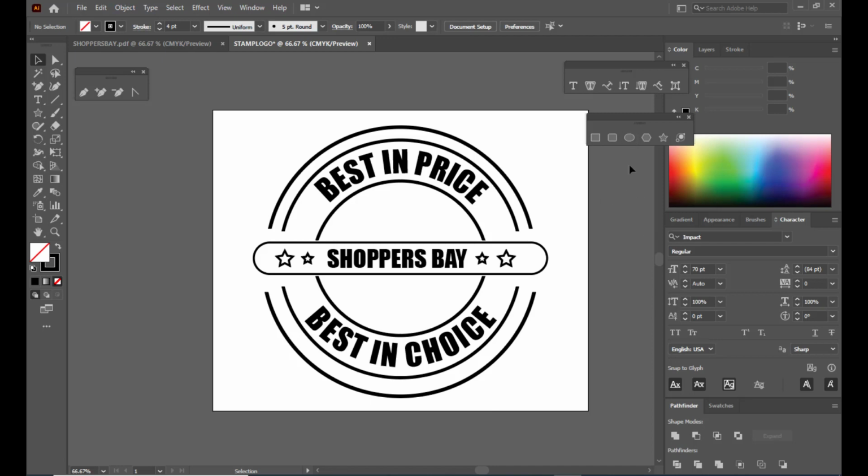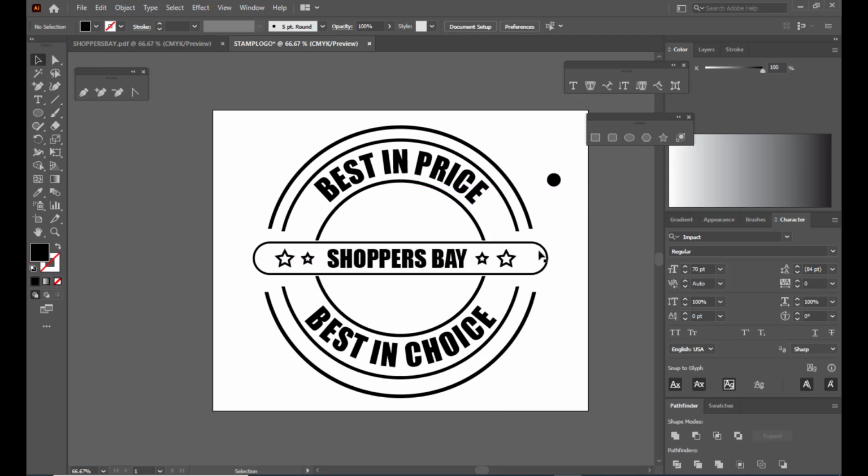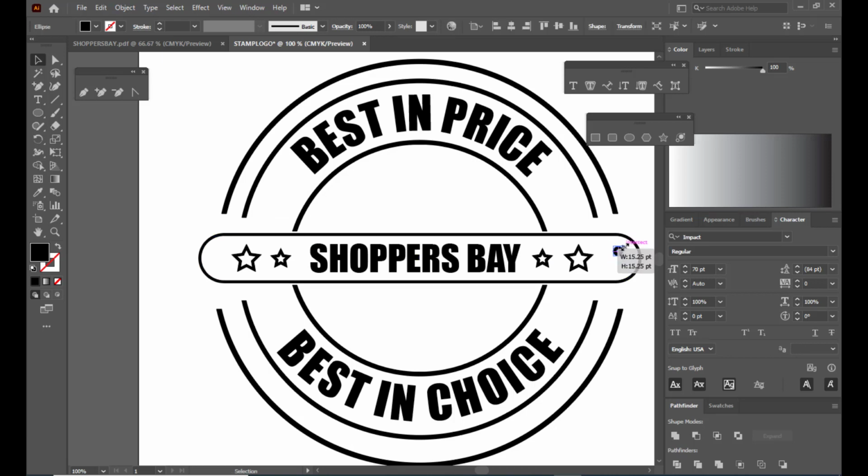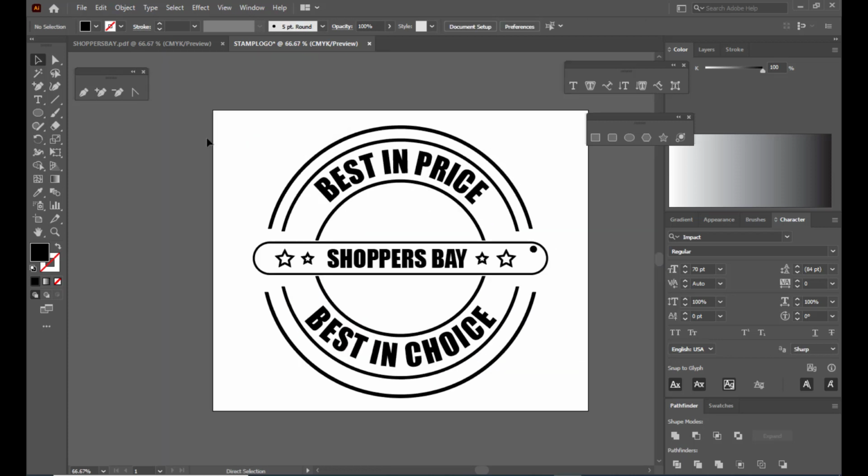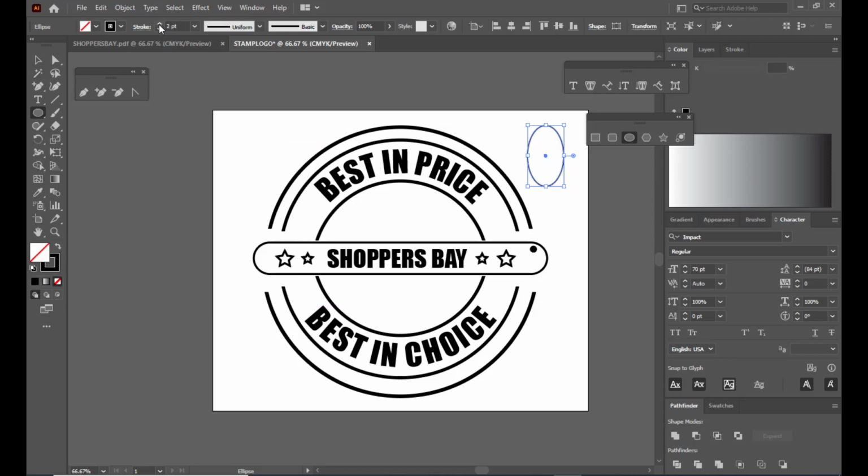So the next step we'll do is we'll just create a price tag thread. So for that, what we'll do is we will just create one circle, and we will just make it into a fill. We'll just keep it over here, and then we'll make it small. Just will nudge it, keep it at the corner, and now we will just create one ellipse which looks like an egg shape, and we will convert it into a stroke. We'll slightly increase the stroke